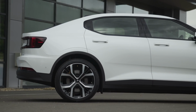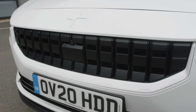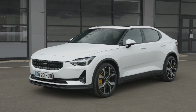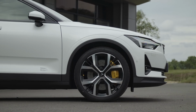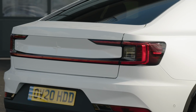So what is it? Well, it's a 5-seat hatchback that's neither an SUV or a crossover. It's a sort of fastback, tall saloon. And did I mention? It's very good looking. So what you get is a useful raised driving position without the aggression of a full-on 4x4. You can get from 0 to 62 in just under 5 seconds, and it has a perfectly adequate 127 mph